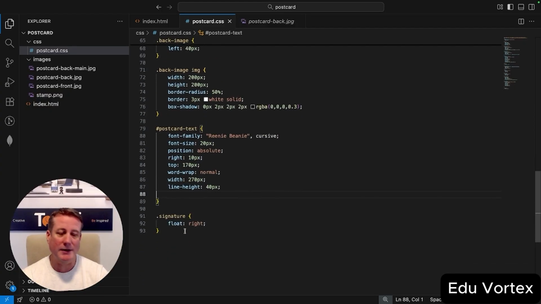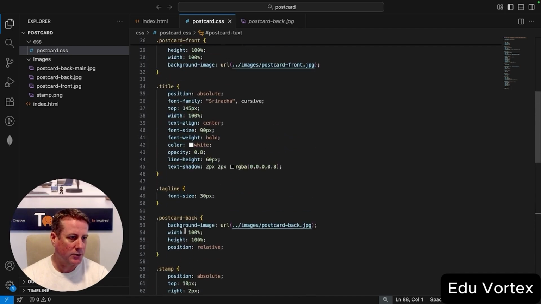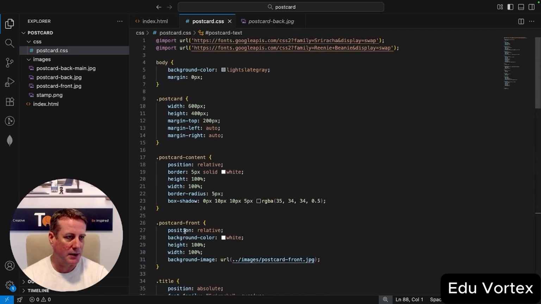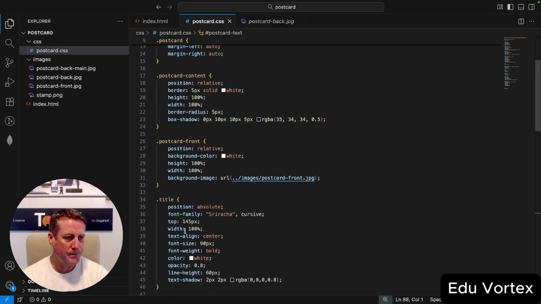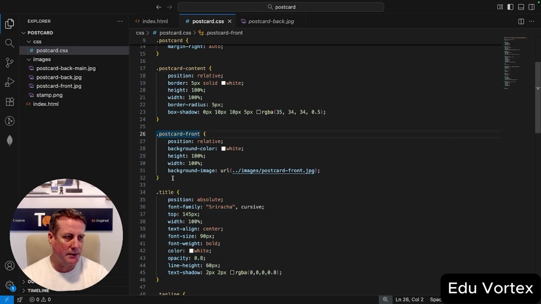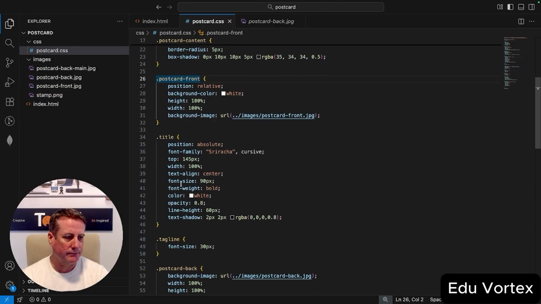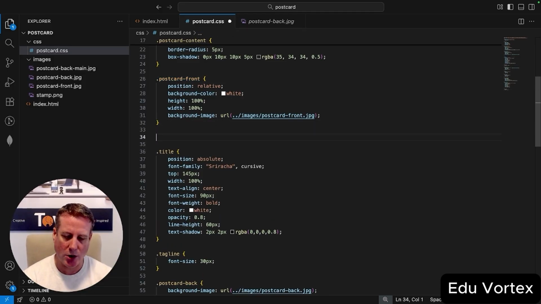So that's going to be one of the first things that we're going to do. I'm actually just going to scroll up where I'm around those elements. I like to keep the styling kind of around each other. Okay, so I'll just go about right here. It's all good. And go postcard